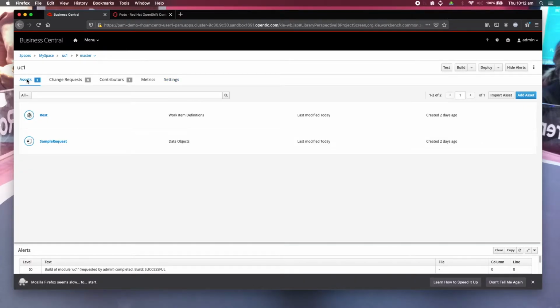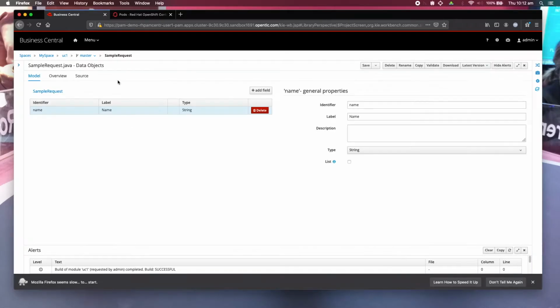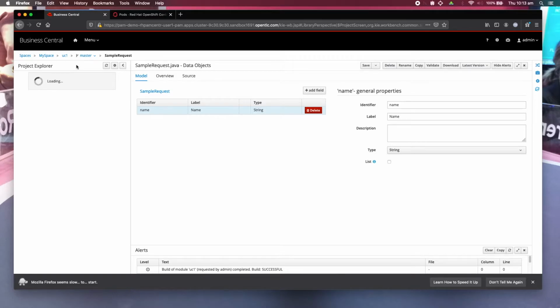Let's look at the access. In order to save time, I already created this sample request. This is the request object which gives the name to that particular request. It is in this sample request class. Now we can proceed to create